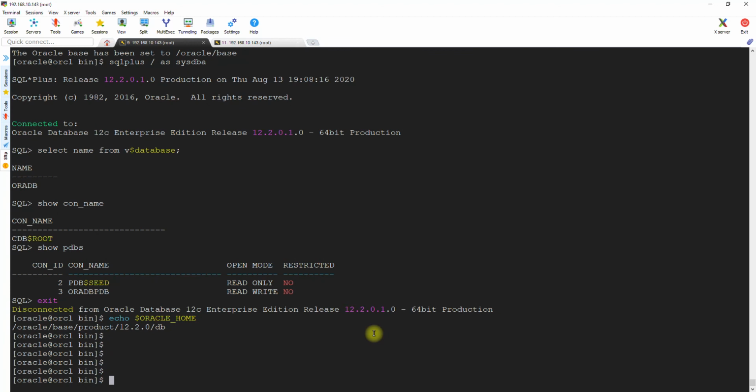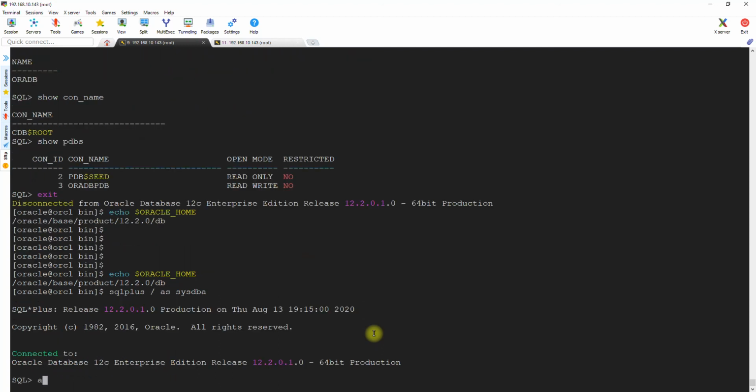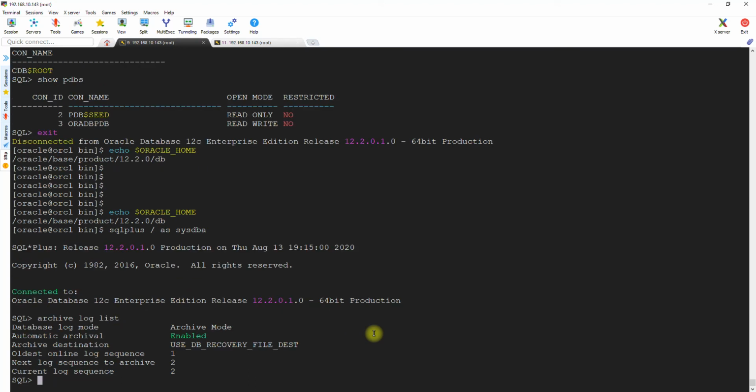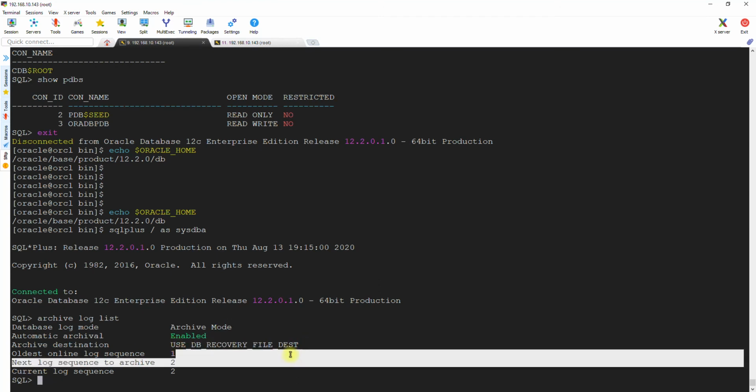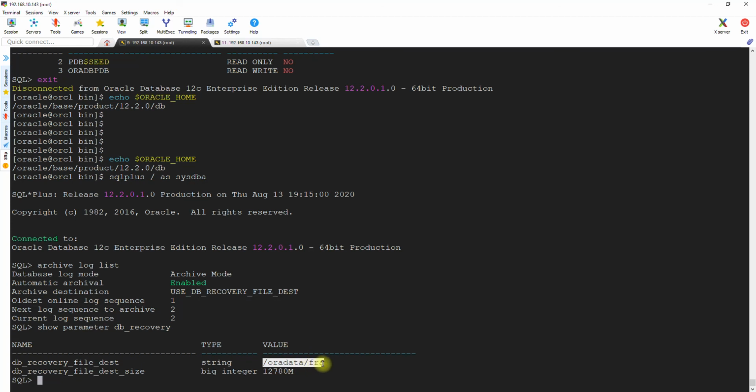As you already know, we are already in our 12c R2 database environment. So we'll just say rman target. I'll show you one more thing. I'll do sqlplus / as sysdba, archive log list. The database is in archive mode and the destination is db_recovery_file_dest. So we can check show parameter db_recovery. All the backups will go to the FRA, including the archive logs as well,